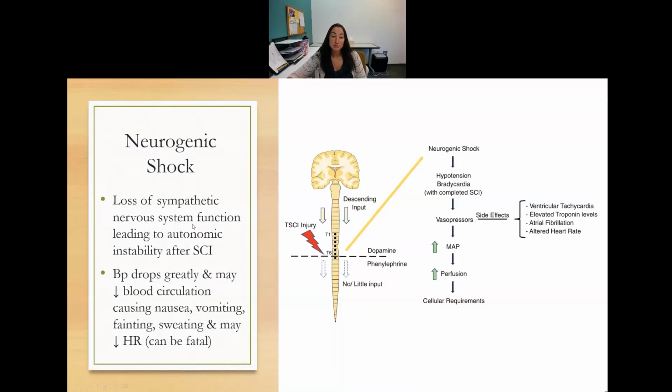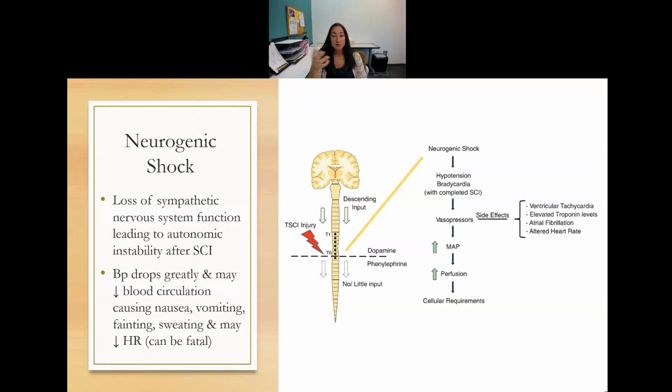It can create an autonomic instability, so it changes your vital signs. So basically, the blood pressure will drop because of the decrease in circulation. It can cause nausea, vomiting, fainting, sweating. It could decrease your heart rate enough that it could be fatal if medication is not administered to kind of